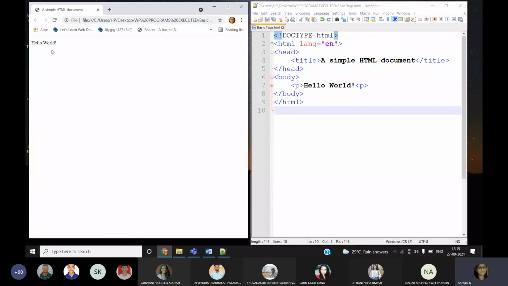This is the output. This is my web page. How am I saying this is a web page? Of course, this is displayed in the browser. And this one HTML program, look at the notepad file, will create one web page, not a website. Like this, by writing many HTML pages, you can create a website by linking the pages to each other. Don't confuse about that. Now you just see the output.